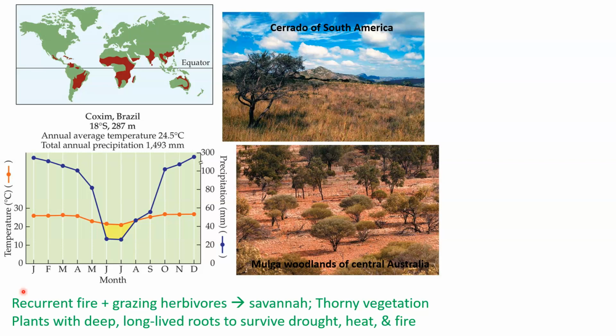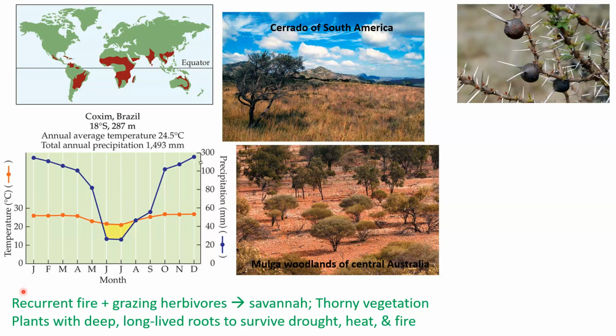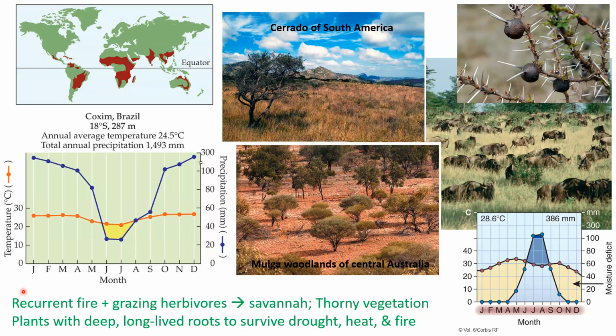And in fact, as a counter adaptation to herbivory, some of the vegetation in tropical savannas or seasonal woodlands has evolved thorns, right? That prevents their leaves and biomass from being eaten, right? And you can clearly see the seasonality that I explained earlier in both figures, right? You can see that the temperature is rather uniform in both of those habitats, right? But the rainfall is quite seasonal. In the Brazilian environment, you can see a clear decline or a drought towards the middle of the year. In contrast, you can see the opposite pattern in the African tropical seasonal biomes, right?